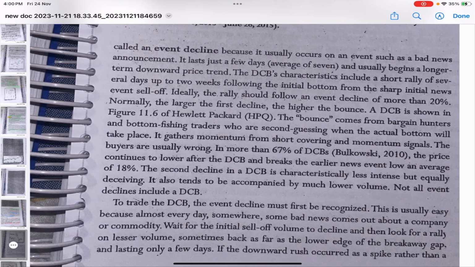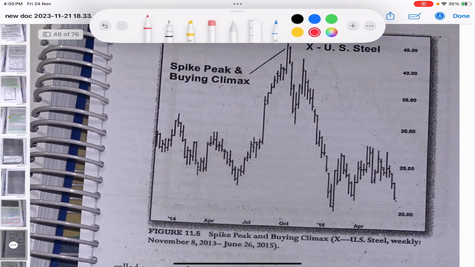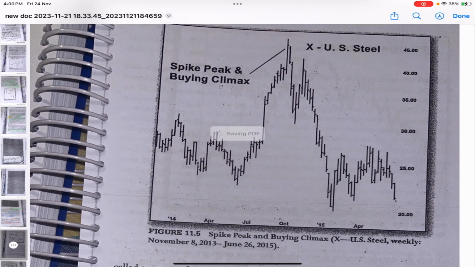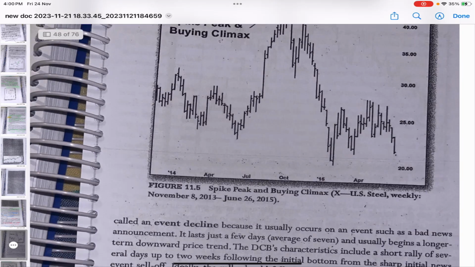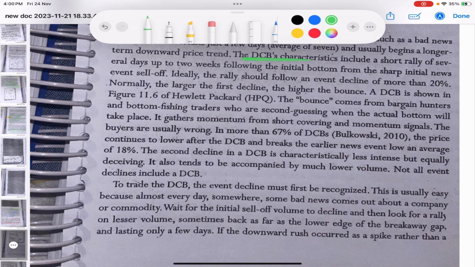Okay, so now looking at this chart of US Steel, you can see that a rally has been going up, and in the end you know that big green candles are going to be there, and the end spike is always known as a climax. So after that you can see how the commodity declines basically. Okay, all right. So when we look at the characteristics of the dead cat bounce, you need to understand that